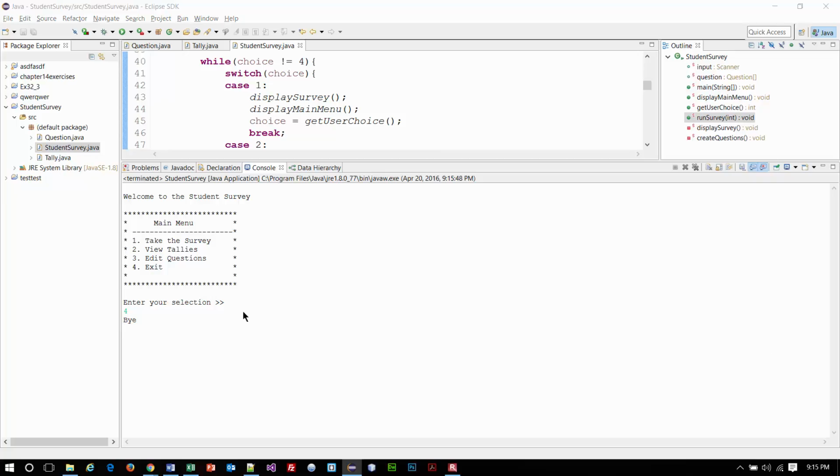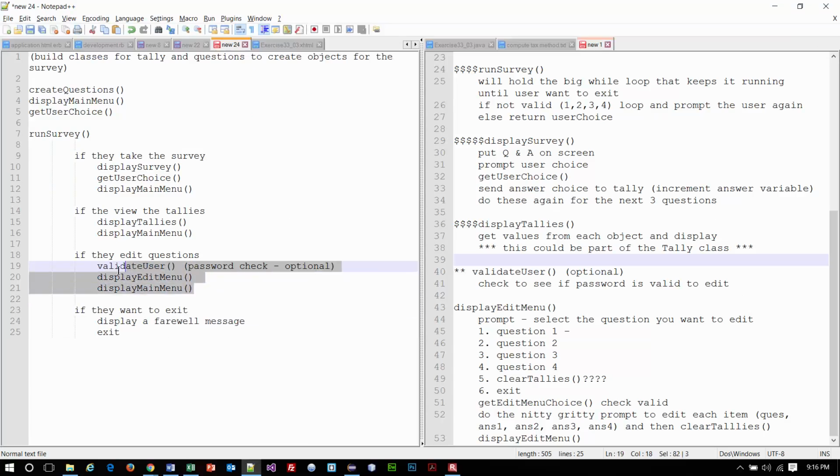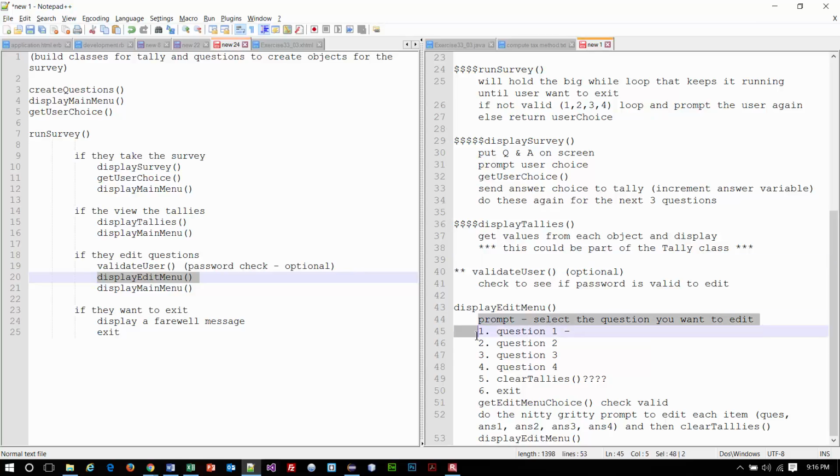All right. So then, if you go back to our program logic, all you guys have left to do is code this. Now, I already told you the password part is optional, right? So what you need to do is you need to do the edit menu. That's it. That's all you have to do is just that. Finish this program. Now, if you look at display edit menu, that's got its own little set of things to do, right? Part of it is to put up the menu,